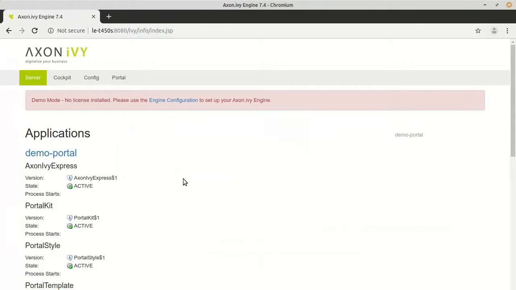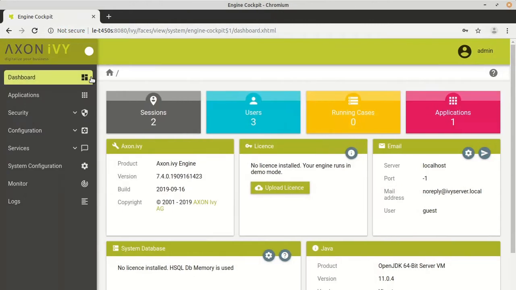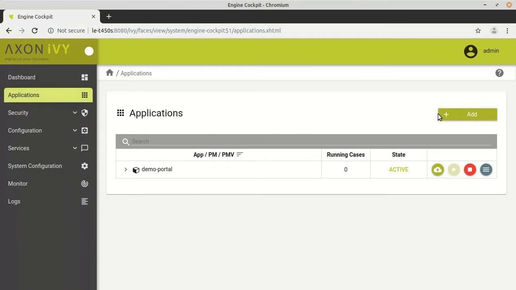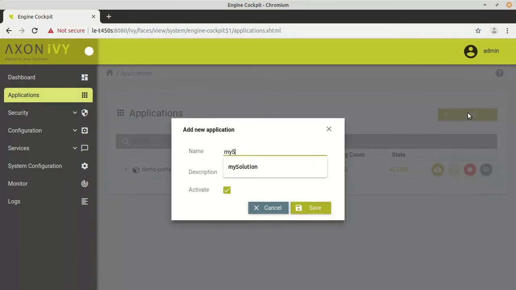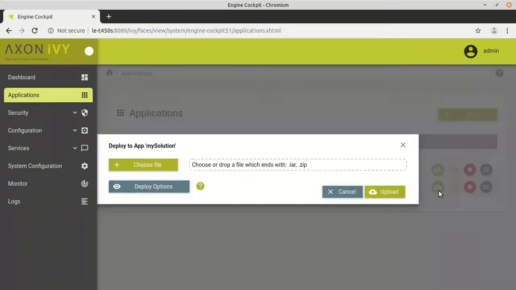Now here I have a browser showing an Axon.ivy engine running in demo mode, therefore it only has one application, the demo portal. Now I use the cockpit to deploy my just created package. I will log in with the demo credentials, admin. I go to the applications view, create a new application, which I call my solution, save it, and I use the deployment wizard from the web,